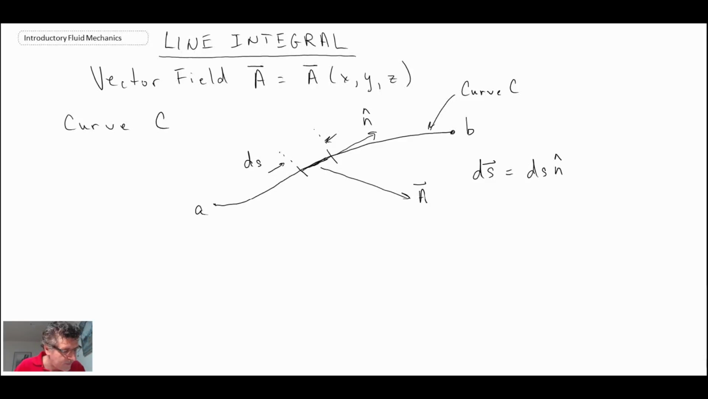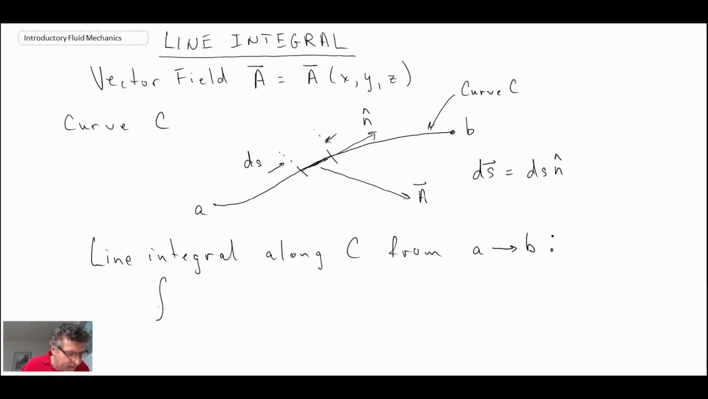in the direction n. So let's assume that we want to evaluate the line integral from A to B along curve C. If we're evaluating this, in the integral I'm going to put a C showing that we're integrating along a curve, and we're going from A to B, and we would have our vector A, and the way that we do this is we use our dot product. That would give us the vector component along the direction ds,